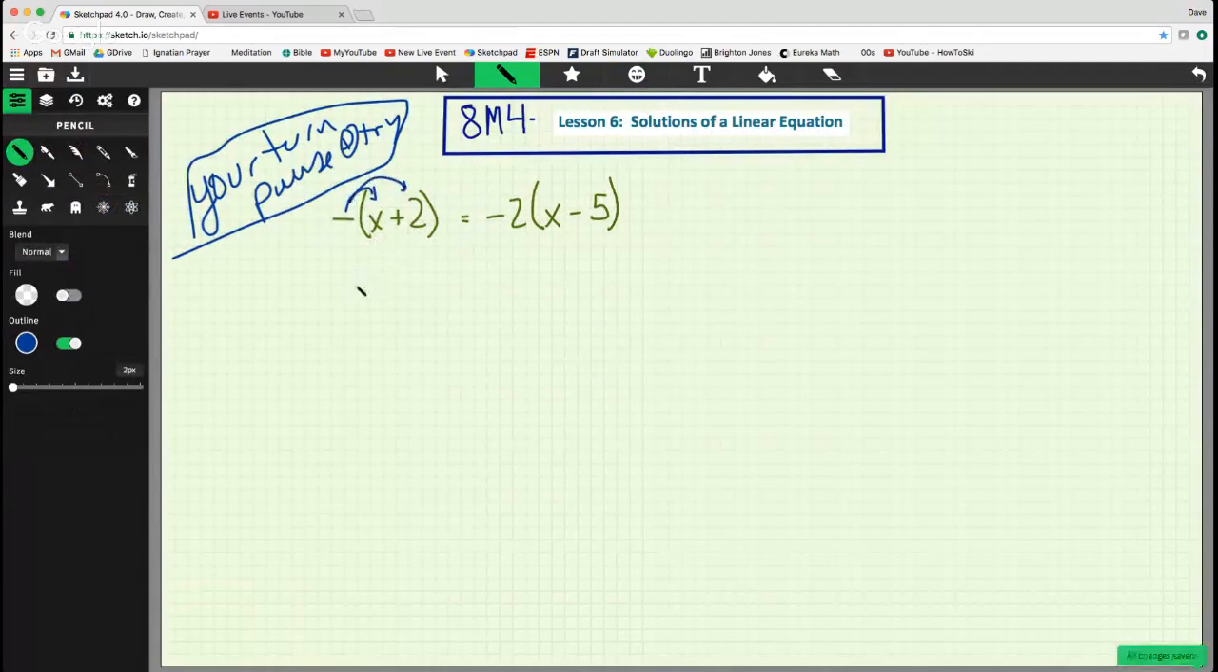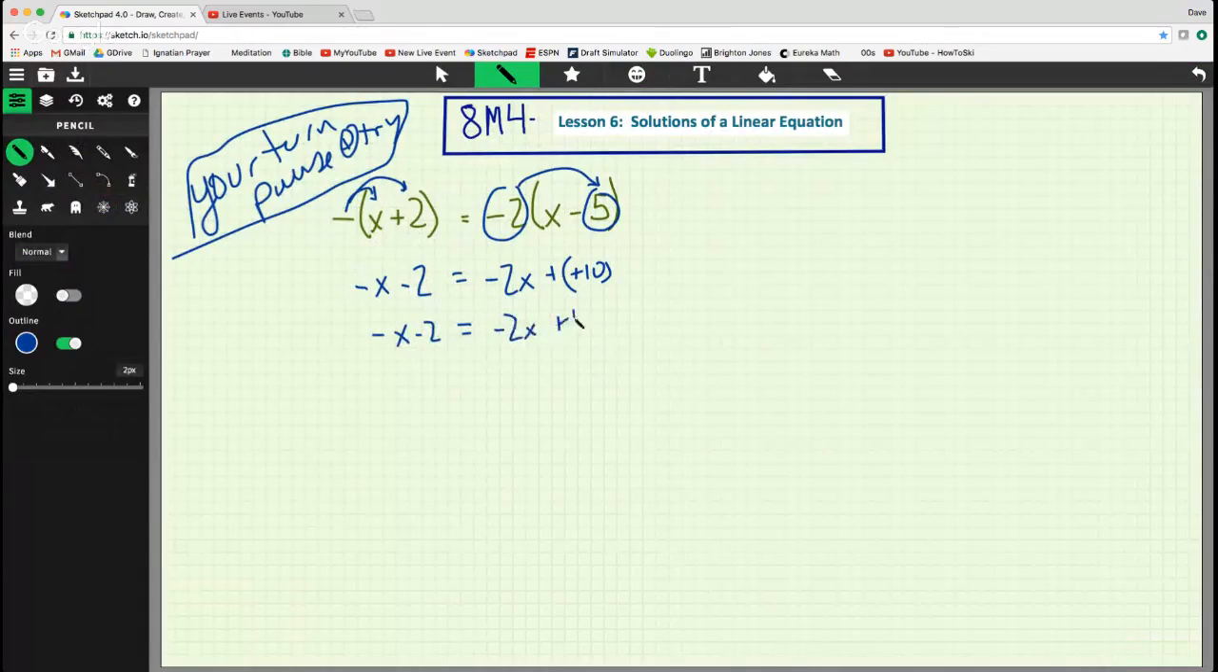Distribute our -1, and we get -x plus a -2, which is like a -2. Over here, -2 times x, -2x, minus -2 times 5 minus -10, which becomes a positive 10. X minus 2 equals -2x plus 10. Add 2x to both sides. And I'll add 2 at the same time. And I'll get x equals